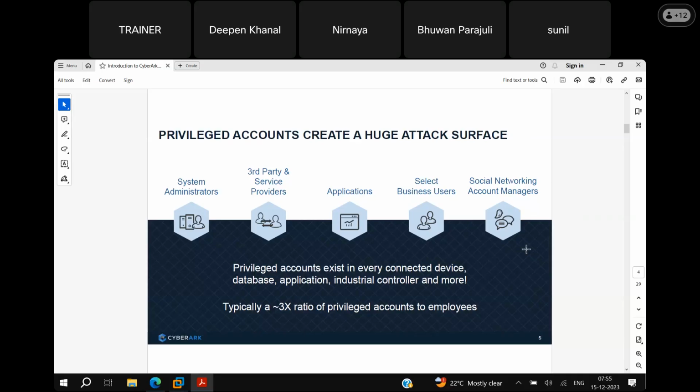That is the privileged account name and password, our own admin account for accessing that particular application. So privileged accounts exist everywhere: in applications, business sectors, social networking, third-party service providers, etc. We need to protect and manage these privileged accounts.